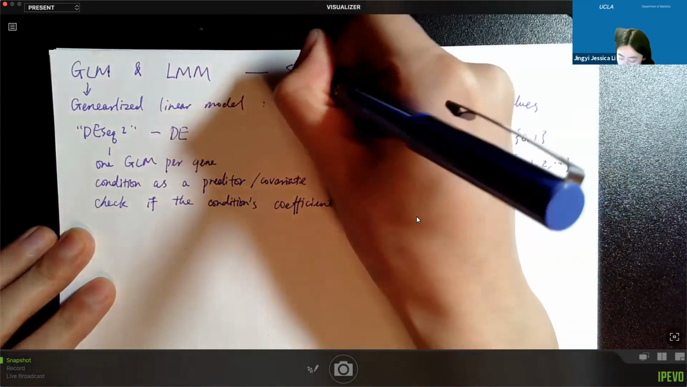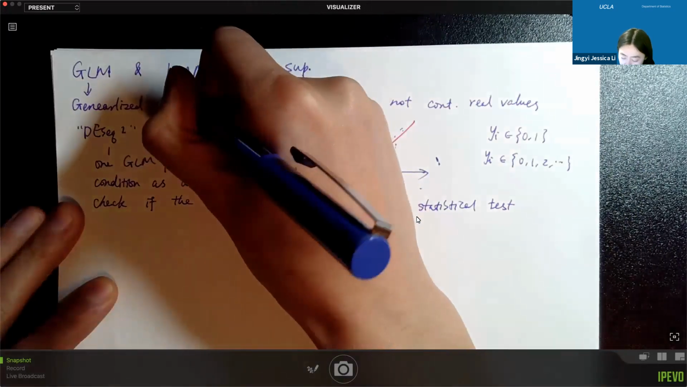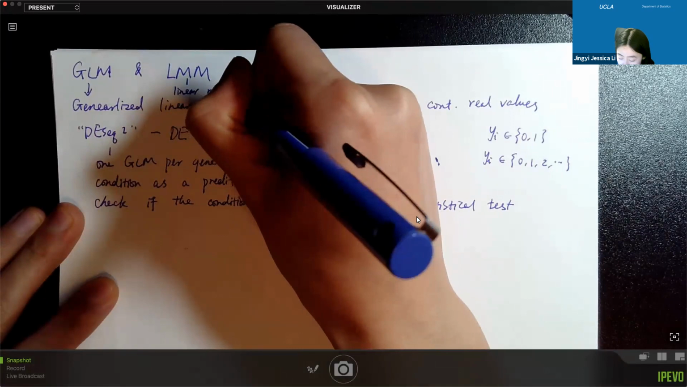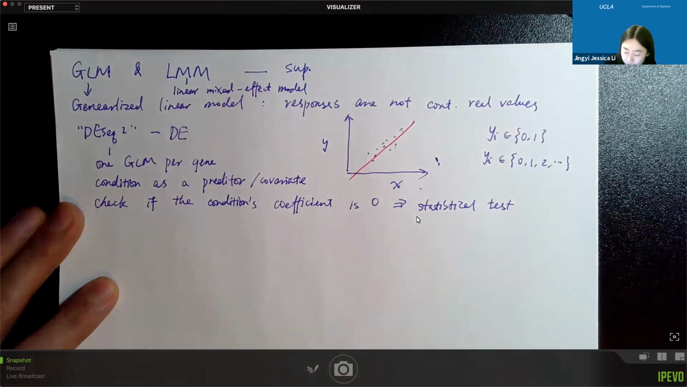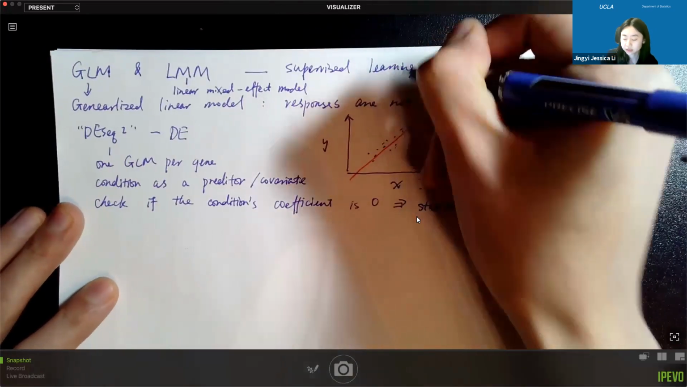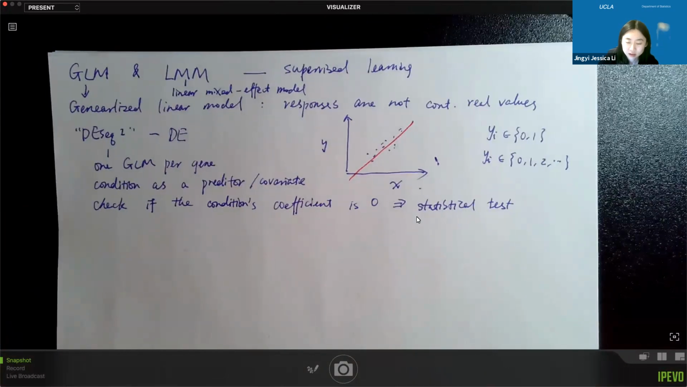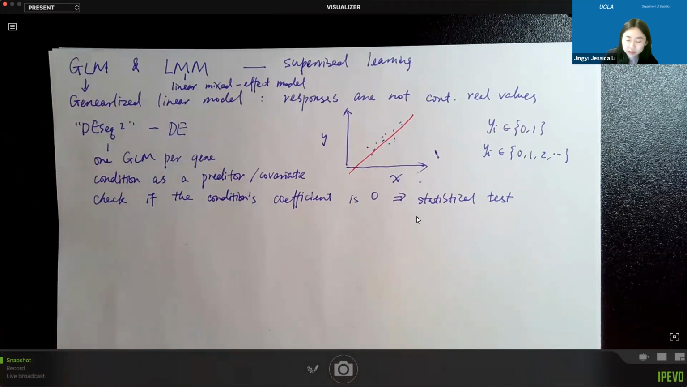So the GLM and the LMM, GLM stands for Generalized Linear Model, and LMM stands for Linear Mixed Effect Model. So these two are both types of supervised learning. And they are very different from what people now use a lot in their research or in social media, the deep learning. Deep learning is also a supervised learning technique, but I would call GLM and LMM the classical part, which focuses more on interpreting parameters in the model,